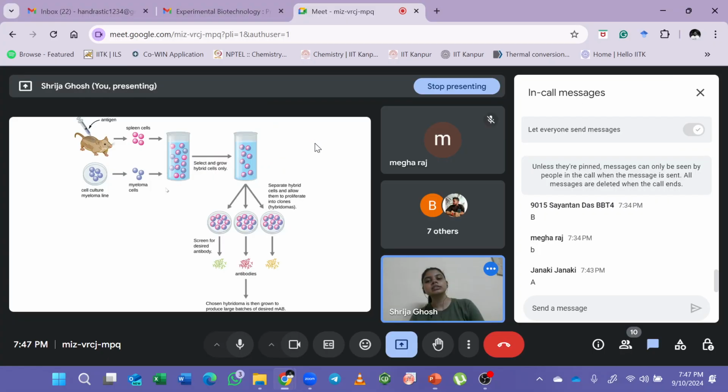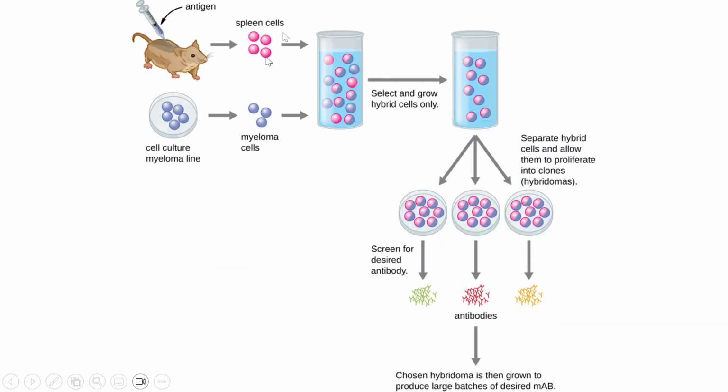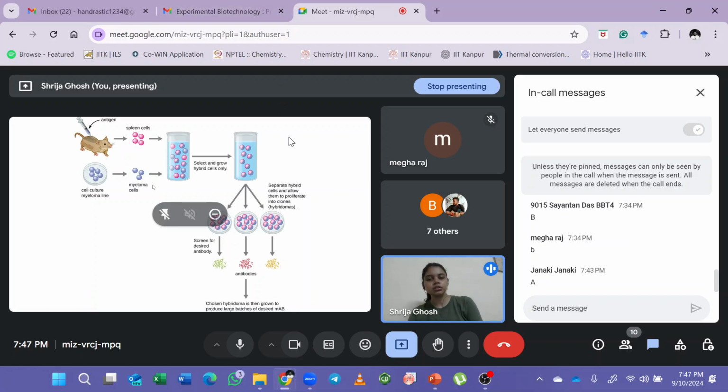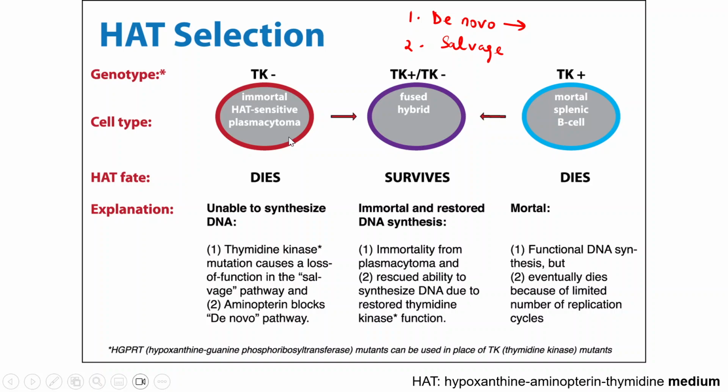And the B cells, the spleen cells that we have here, can actually produce nucleic acid, but since they are primary cell lines, they are not immortal. Only cancer cells are immortal, they can keep on dividing without dying. But the mortal cells, the primary cell lines, have a certain lifespan, they will grow till that lifespan and then eventually die. So since they don't have any immortality in them, they will anyway die if they are not fused with the